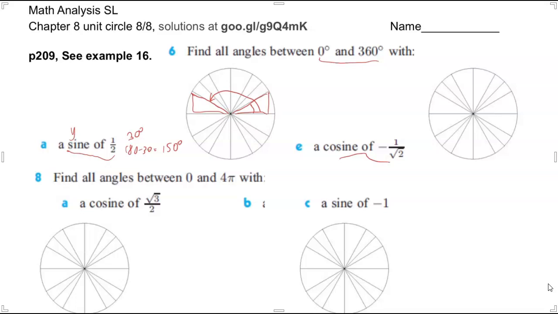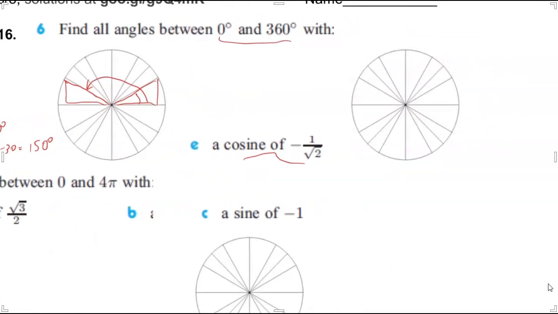So -1 over square root of 2, that's going to be a 45, 45, 90 triangle. We just need to figure out which 45, 45, 90 triangle. So it couldn't be in the first quadrant because it's a cosine that's negative. Remember, cosine is an x-coordinate, so where are the 45, 45, 90 triangles that have a negative x-coordinate? It would be either this one or this one, right? These two. So this one would be 90 plus 45 degrees, or 180 minus 45 degrees, which would be 135